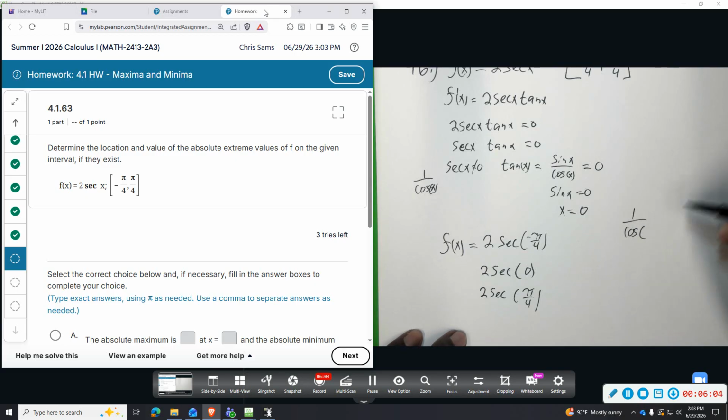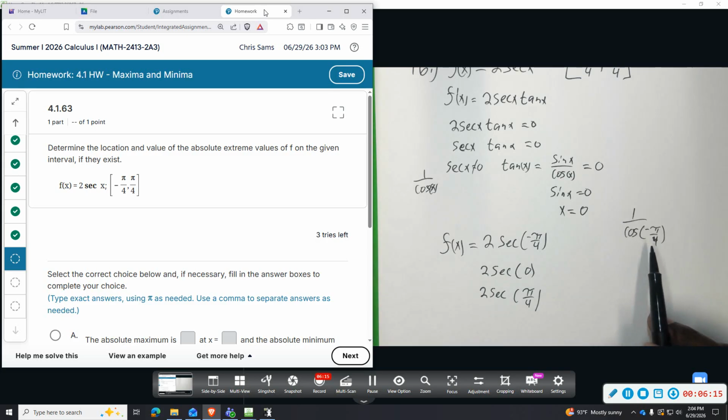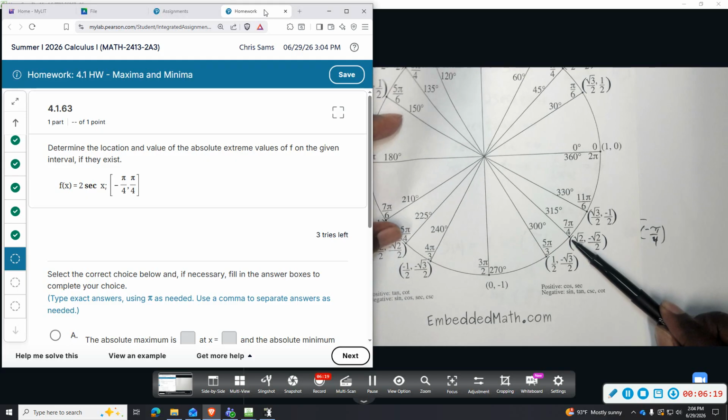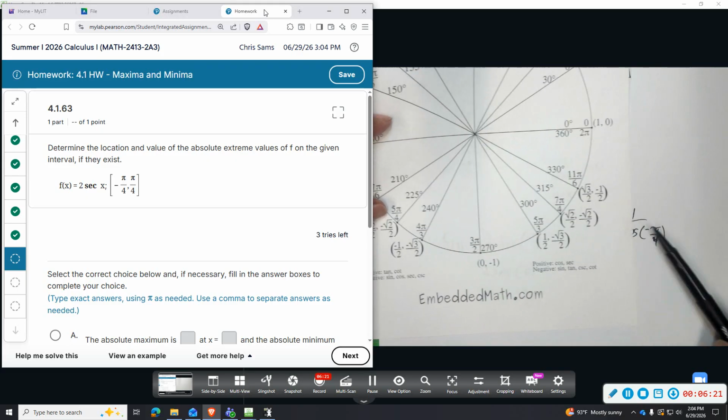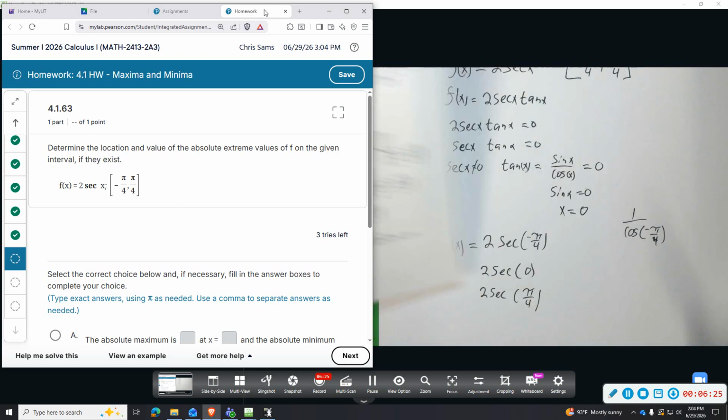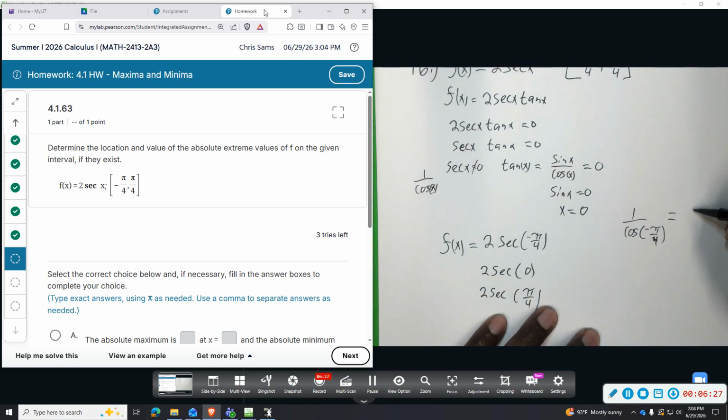Okay. So I'm taking the cosine value, and then I'm going to flip it to invert it. So this is pi over 4, sorry. If I go to the negative pi over 4 angle, that would give me this angle here. Cosine is referring to the x coordinate, so that would be square root of 2 over 2. So this is going to come out to be 1 over square root 2 over 2. And then if we flip that, keep change flip, we would just get